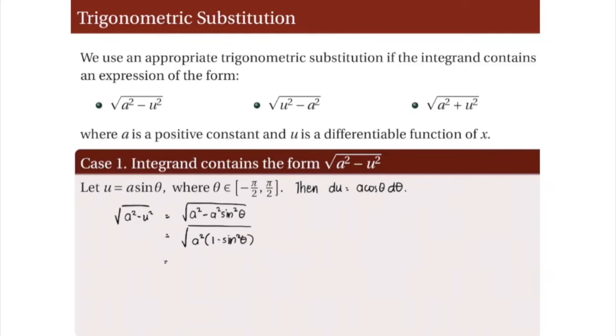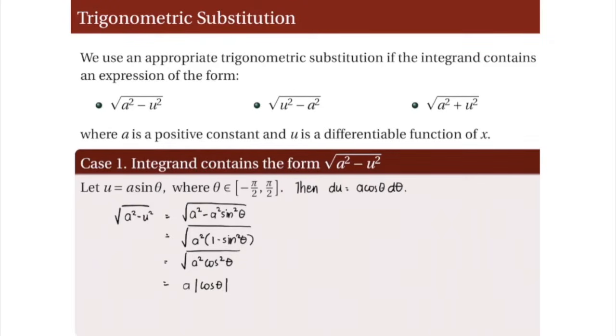Recall here that 1 minus sine squared theta using our identities is cosine squared theta. So, we have here the square root of a squared times cosine squared theta. And so, taking here the square root, yung a natin dito is a positive constant. So, yung square root ni a squared is actually a. While, for the square root of cosine squared theta, that would be the absolute value